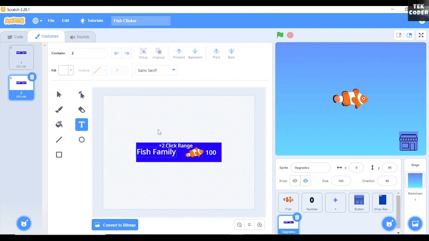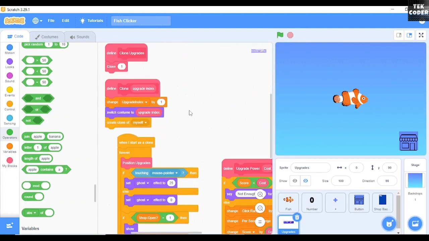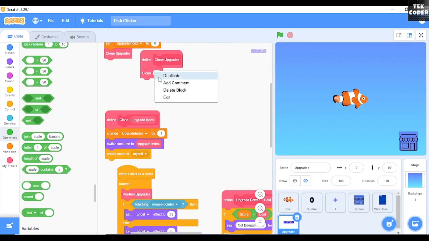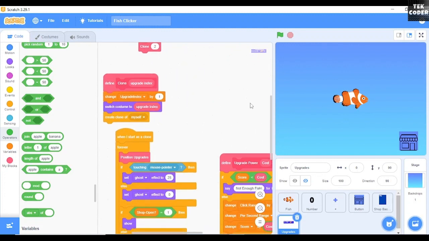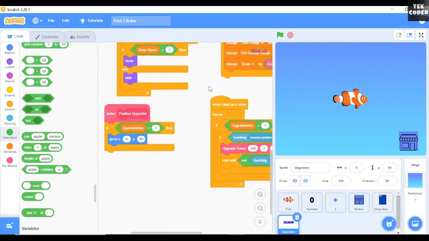I'll say fish family, and then I'll change it to like +3 per second range, and then give a higher cost like 250, and then we'll clone the second upgrade as well, clone 2, which is our second index,